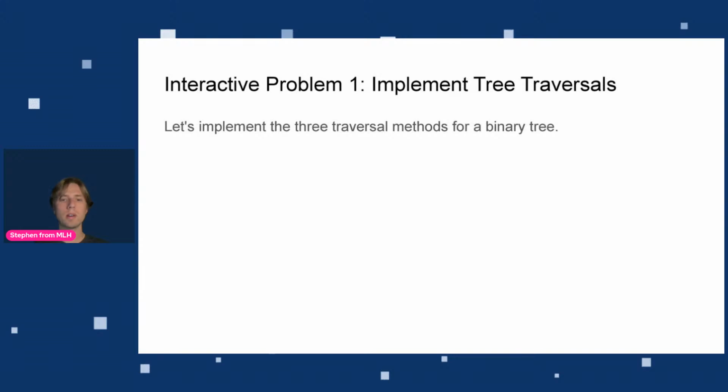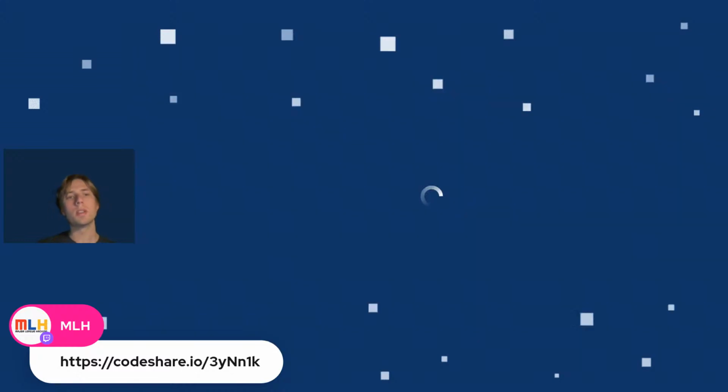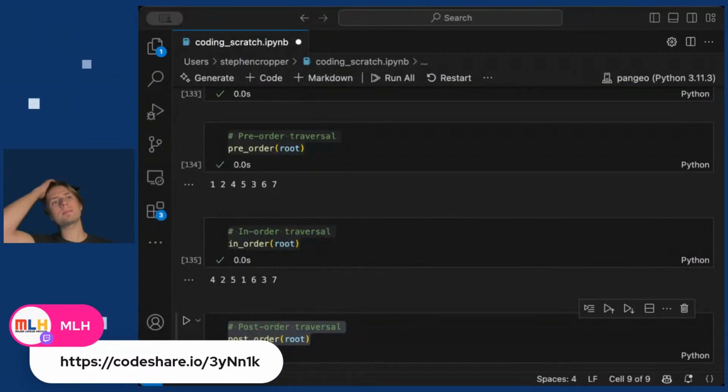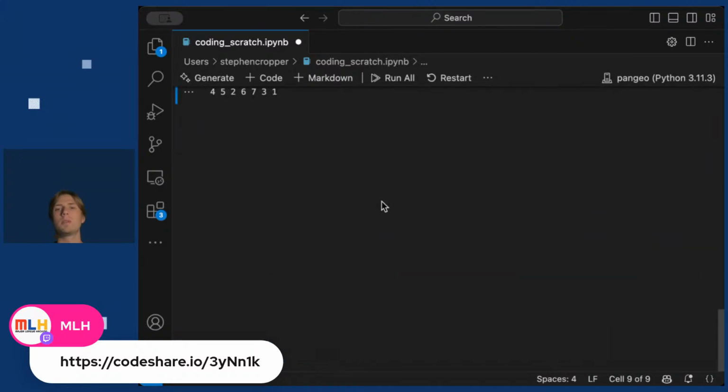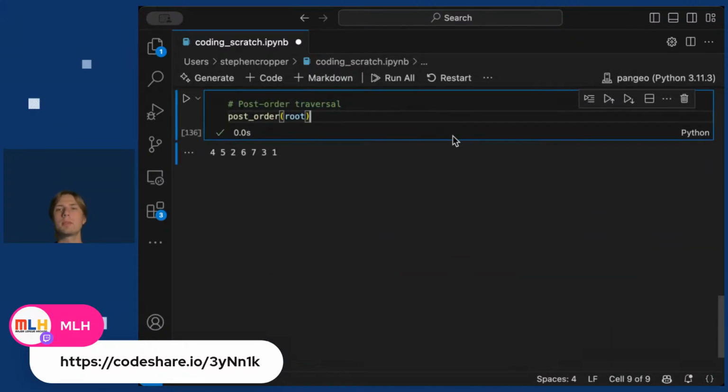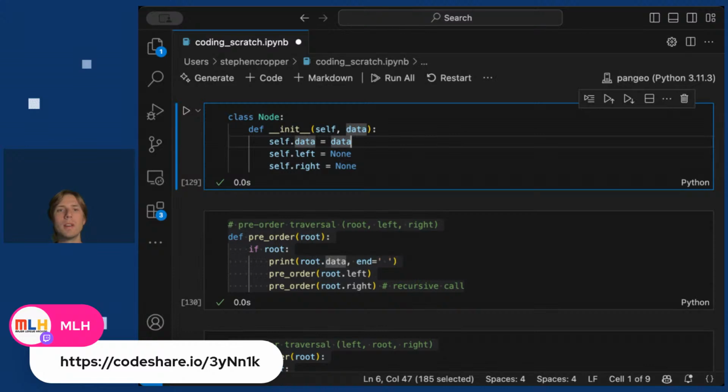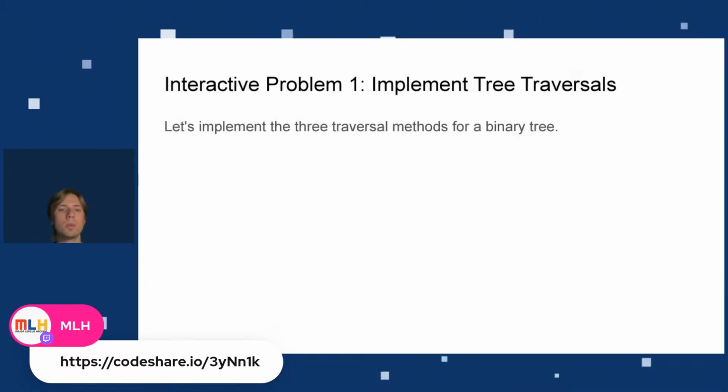All right, so I've got the CodeShare now, and I'll paste the link in the chat. So you all can go to this link. It's a new link for today's workshop. And you can download this code to do your own tree traversals. So you could build your own tree, try some traversals, and we'll learn together like that over the next